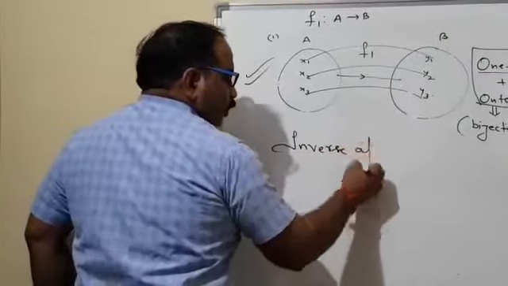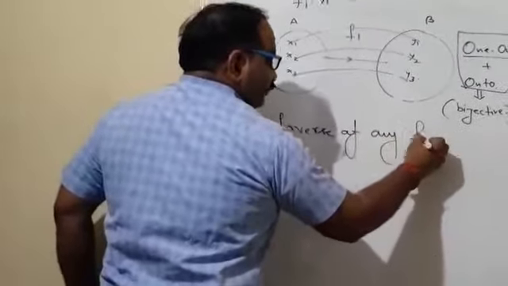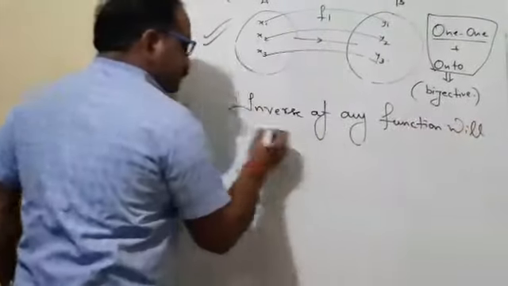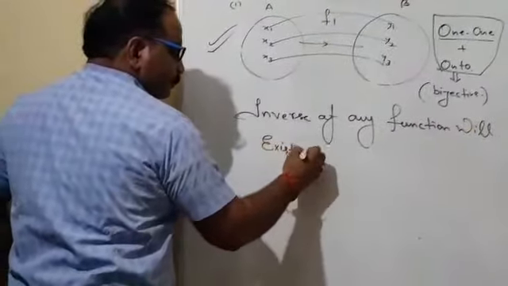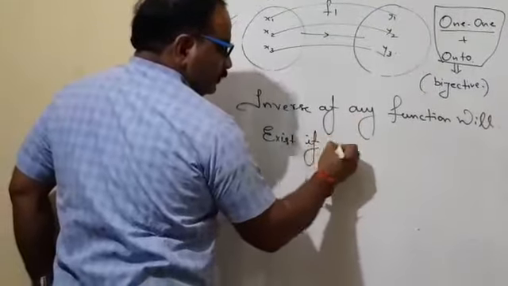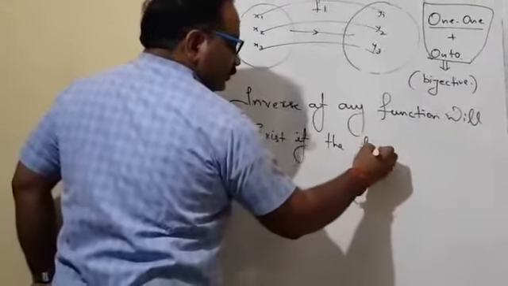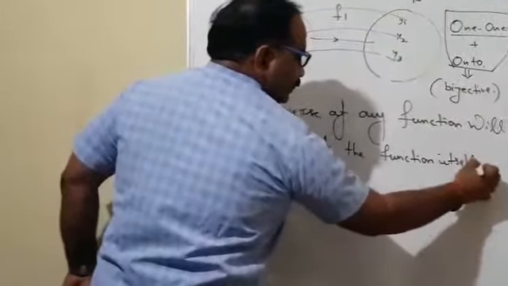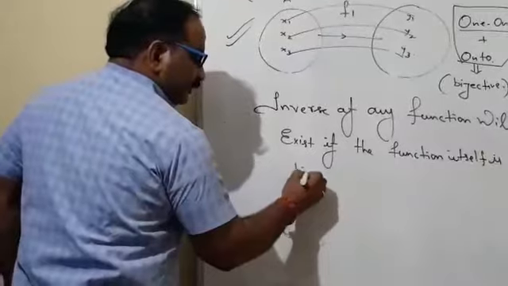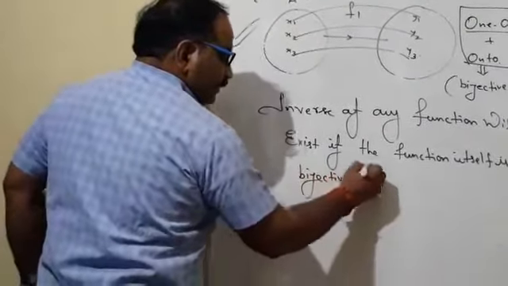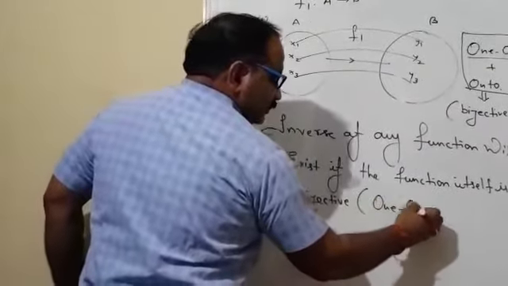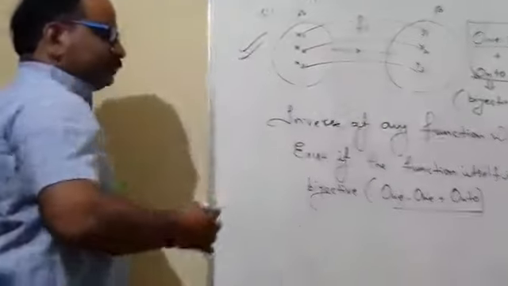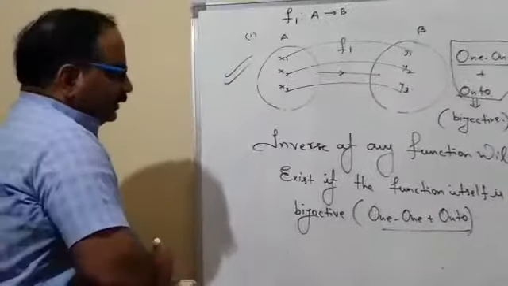Inverse of any function will exist if the function itself is bijective. In braces, I can say this is one-one plus onto. So that is sufficient: if we prove the function is bijective, one-one and onto, then the inverse of the function